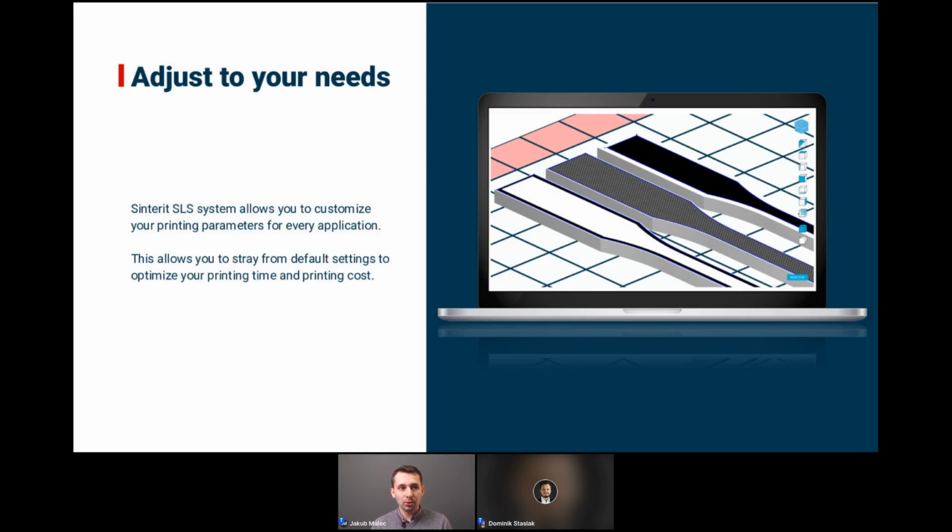But sometimes the parameters or the settings we find optimal are not perfect for you. For example, you might need the models to be a bit more porous, or you would like the models to be a bit less resistant, because they need to fail at a very specific point. This is all possible